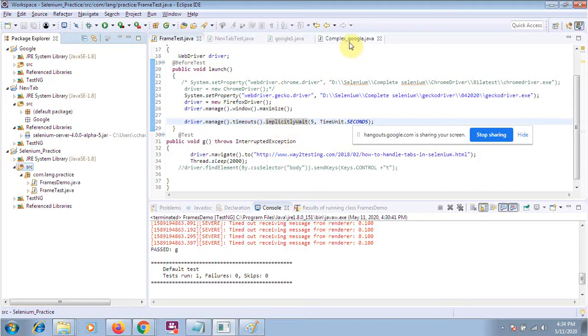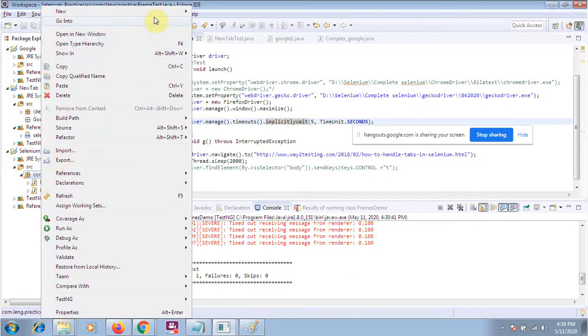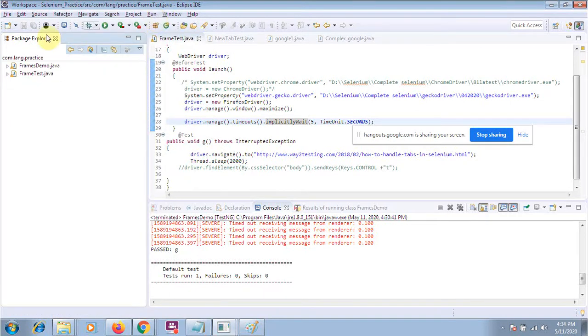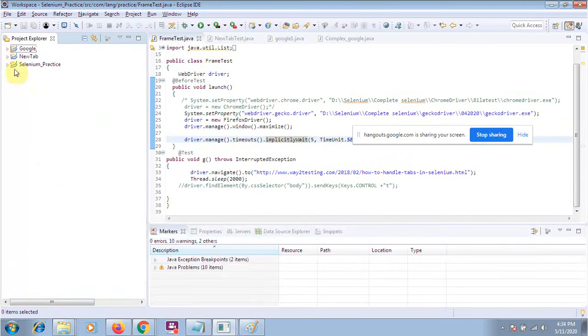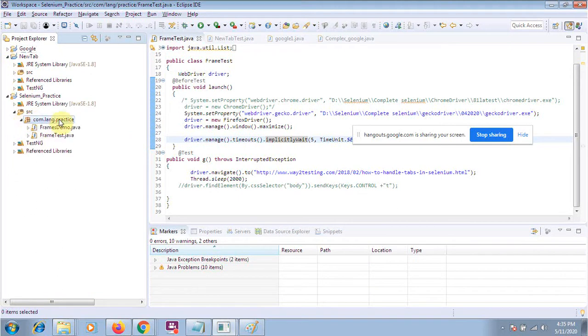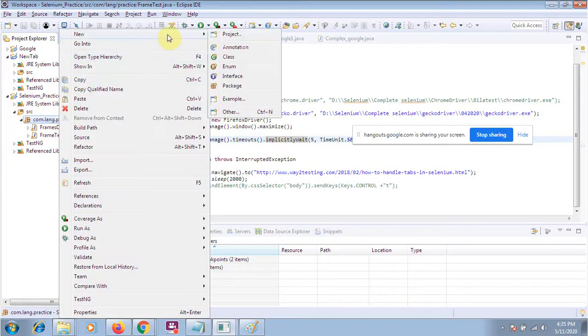Let me perform some operation here, like a tab operation. Let me create a class for the tab operation first.